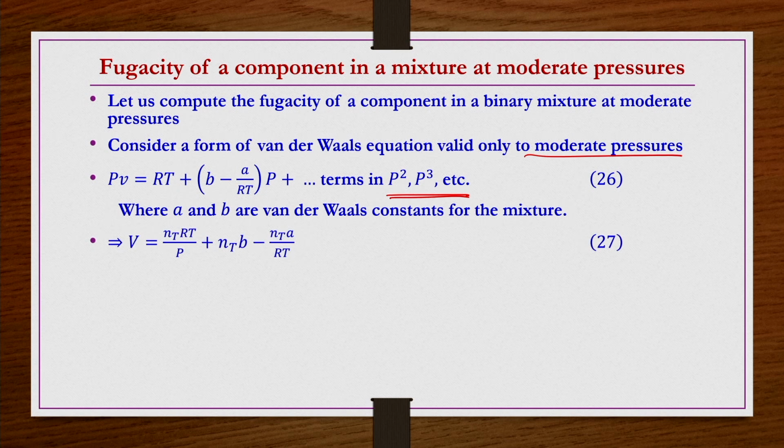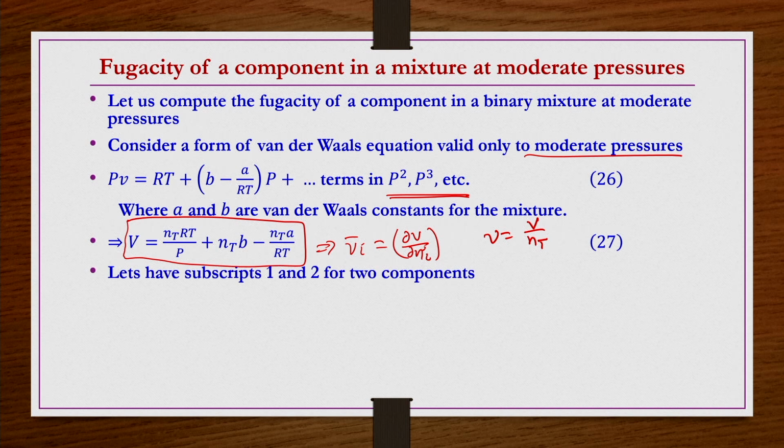Now, in this equation, small v is nothing but capital V by Nt, the molar volume, that is, total volume by total number of moles. You apply that here, and then write this equation in volume explicit form, so that from here we can find V i bar equals dou capital V by dou Ni. Then substitute in equation number 14 and get the required fugacity coefficient relations for this equation of state.